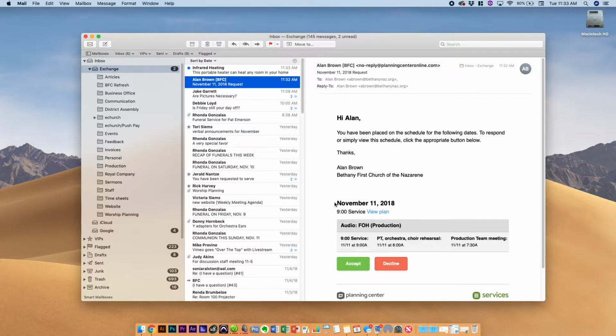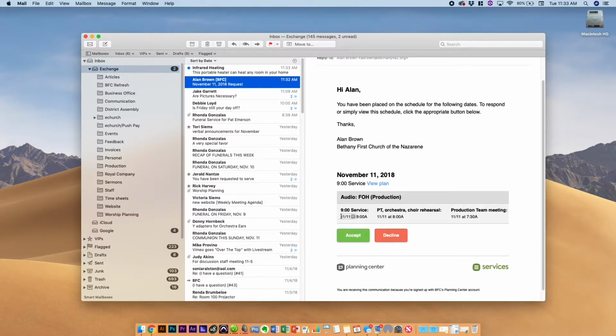Down here it's got the date of the plan. It's got the plan. This is a 9 o'clock service plan, and here it's got all the times associated with that service. So we've got a 9 o'clock service, we have the rehearsal at 8, and we have a production team meeting at 7:30. So I'm going to accept this plan by hitting accept, and it's going to open it